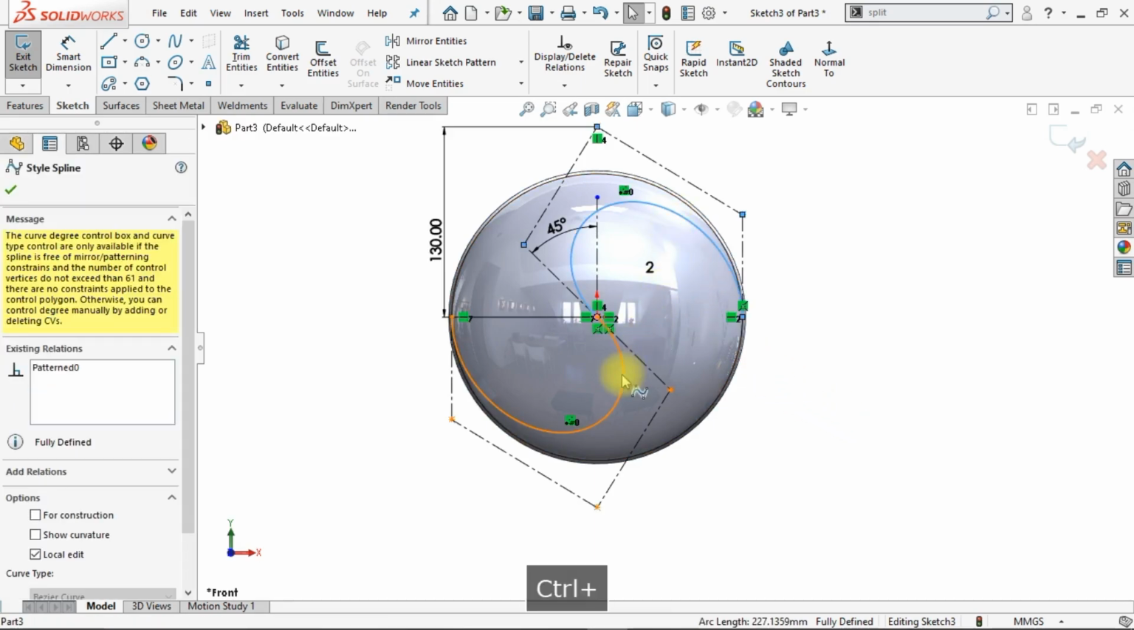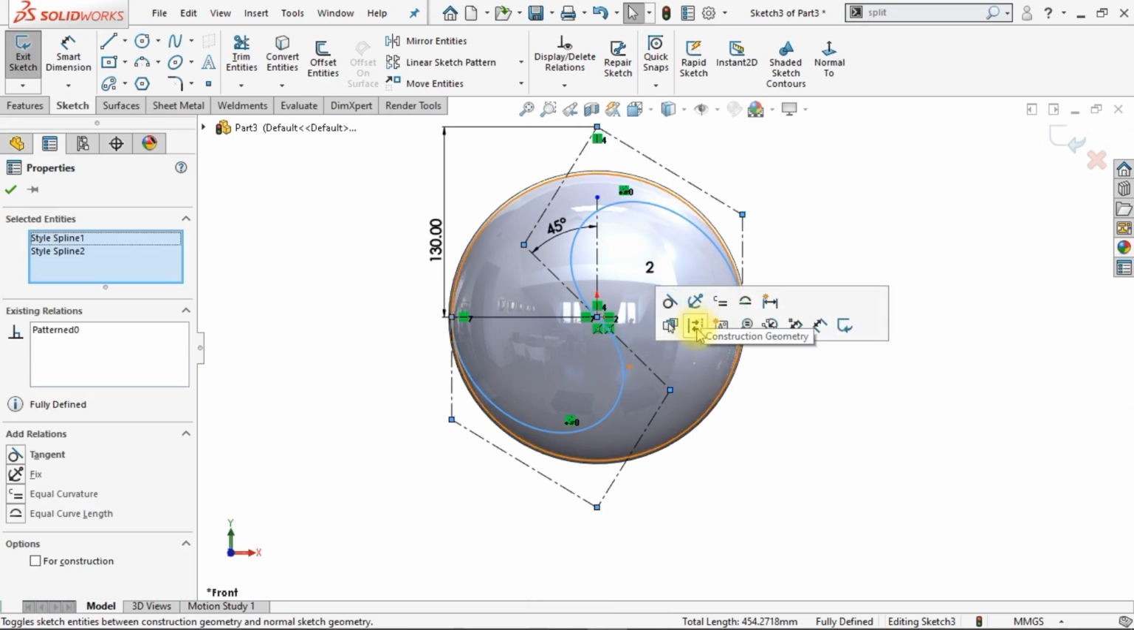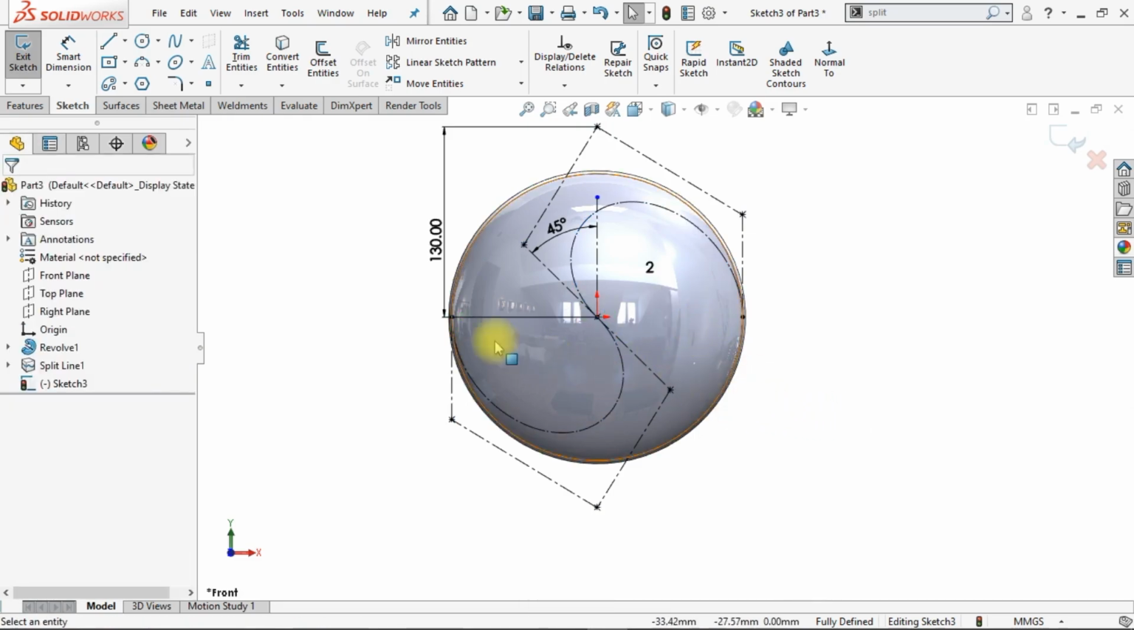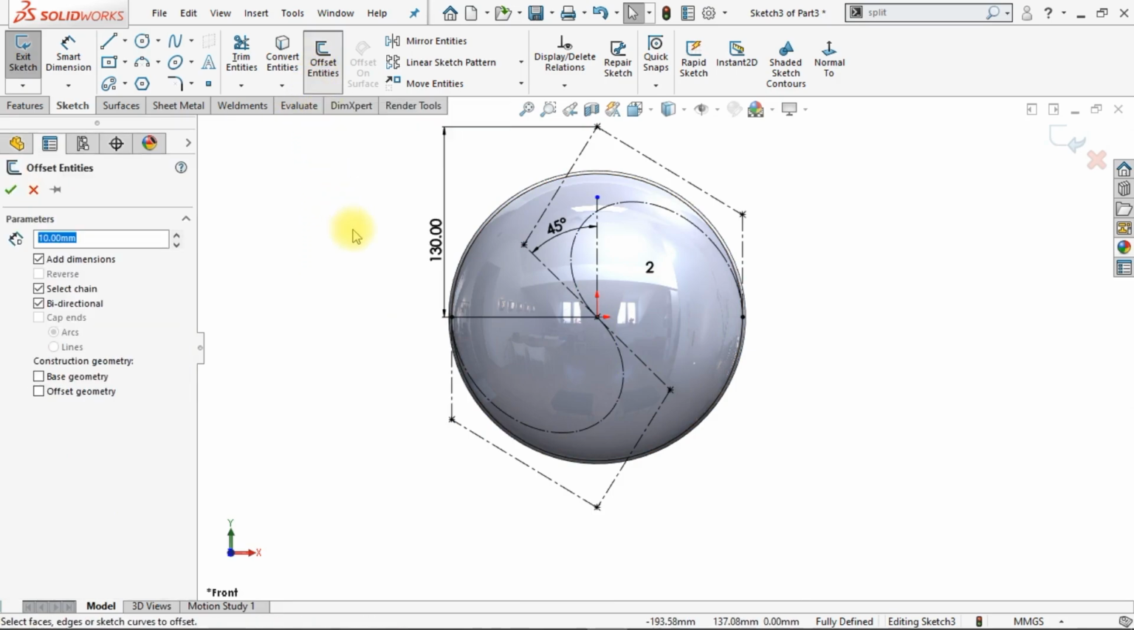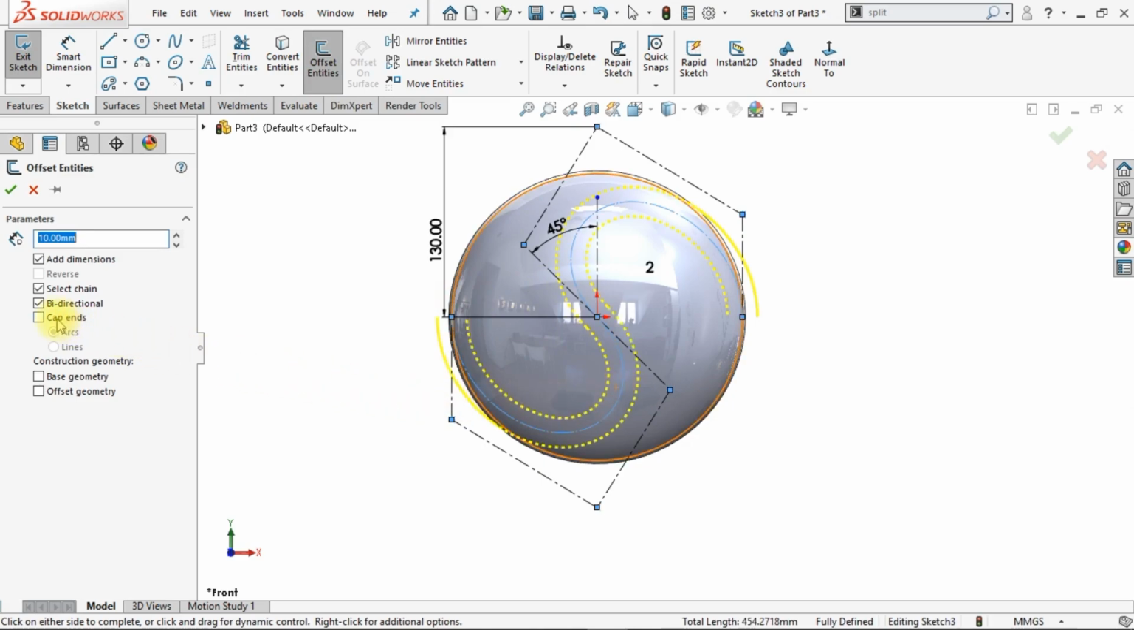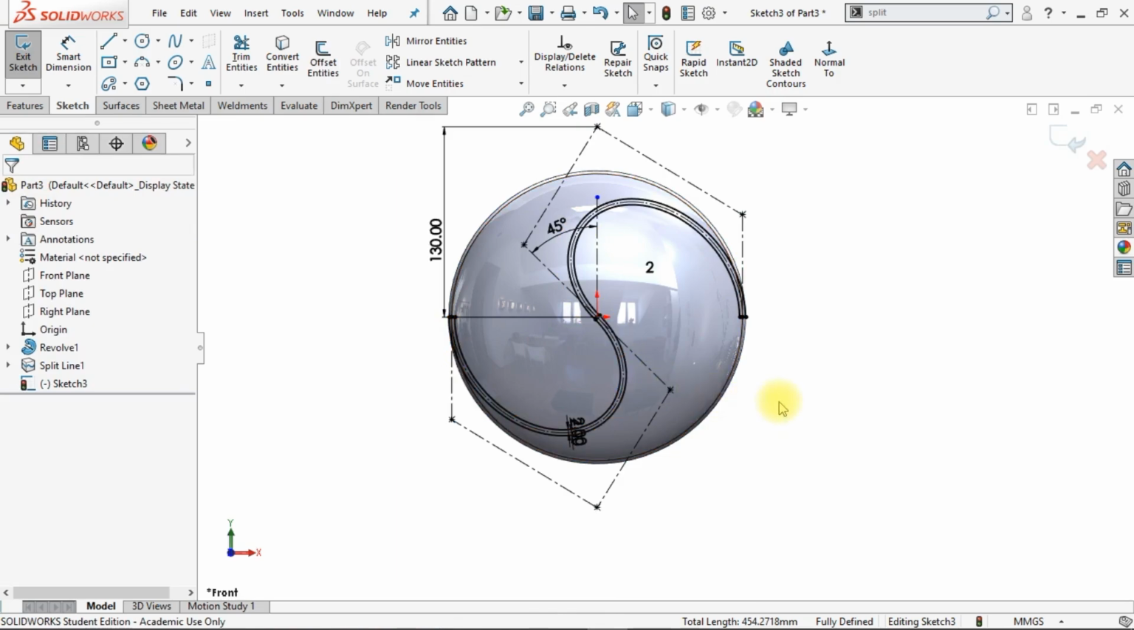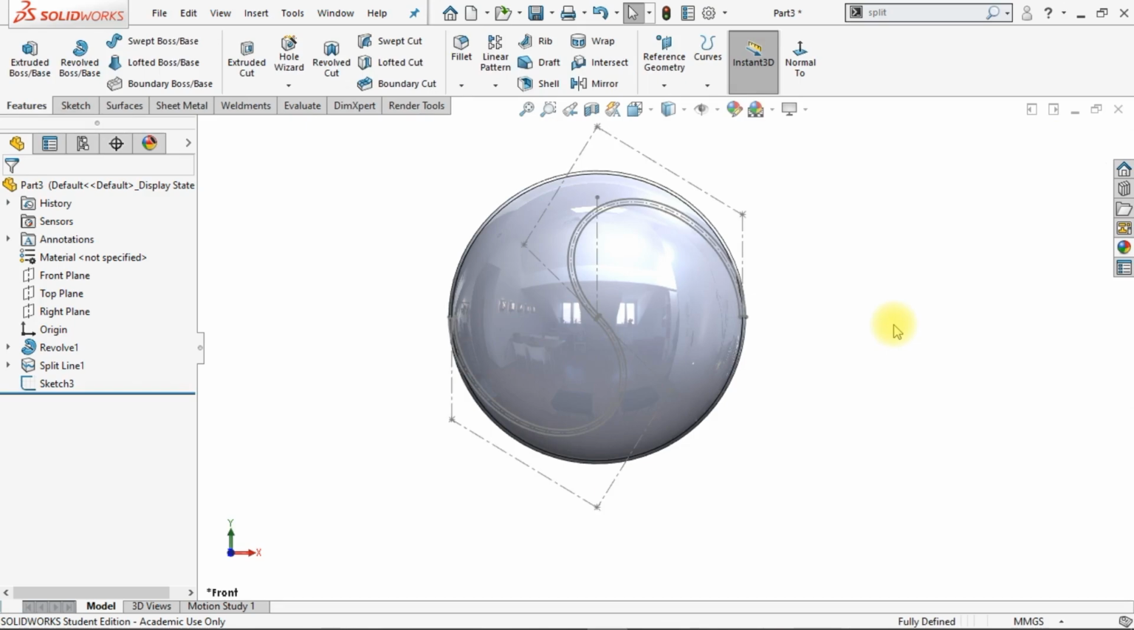Now select these two splines and make it construction geometry. Now go to offset entities, select this spline and this spline, and make sure in the property manager the bi-directional checkbox is activated, and now enter the value 2 because we need 2 on each side. Now click on exit sketch, but we don't use this sketch now. Before using this sketch, we need to